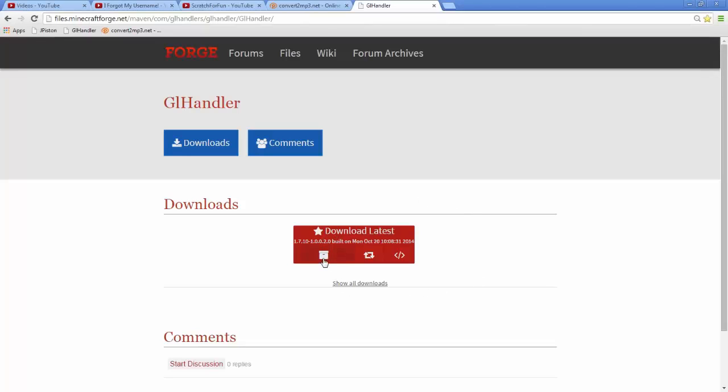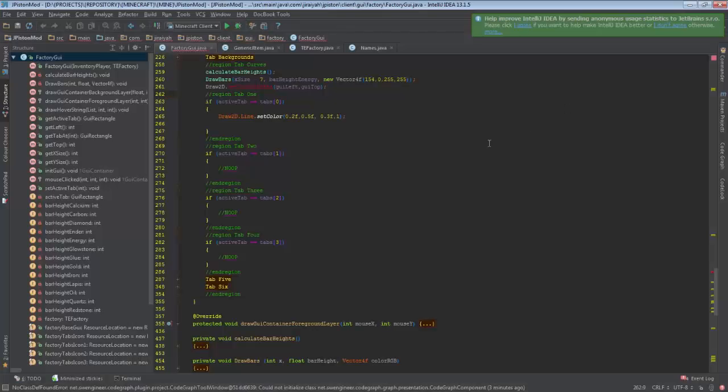Now we wanted the mod, we can get it from here. The development version, however, take a look at the bottom line in the link in the window. It says glHandler -710 -10020. Okay, so in my